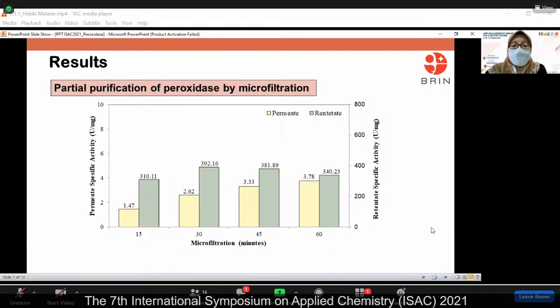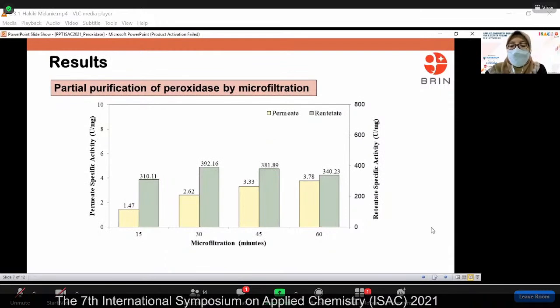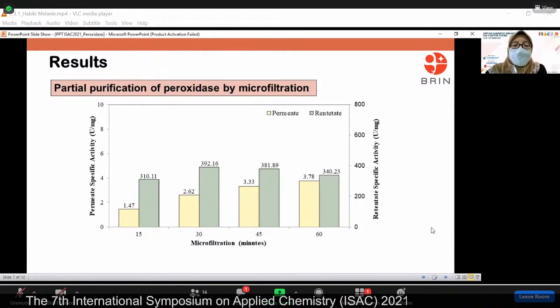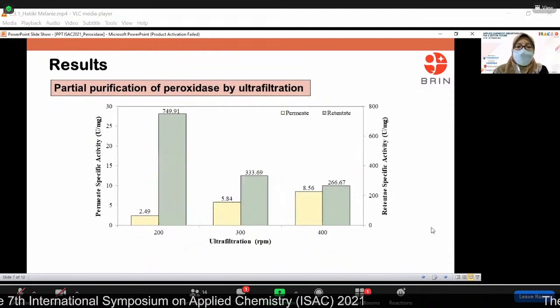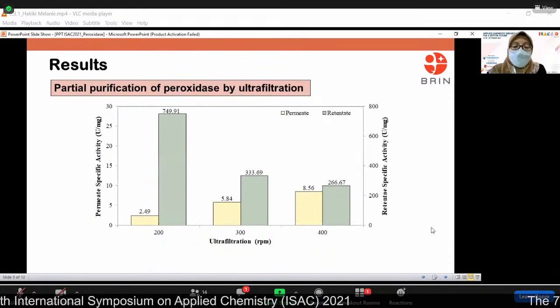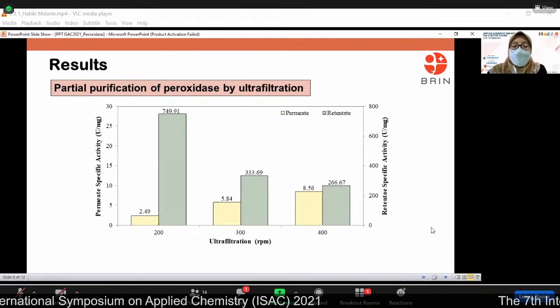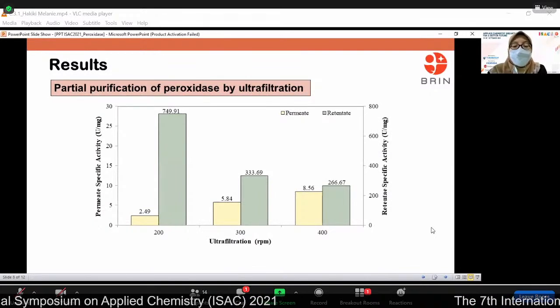It was observed that during filtration, the peroxidase was almost retained in the retentate, ranging from 310 to 392 units per milligram. In the ultrafiltration, the extract obtained from microfiltration was concentrated as retentate, using it as a feed